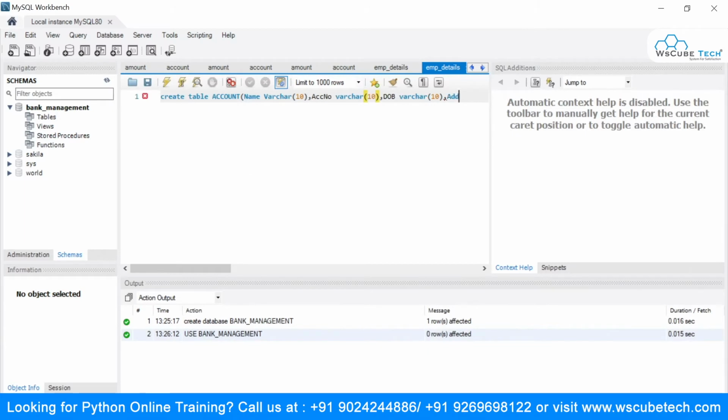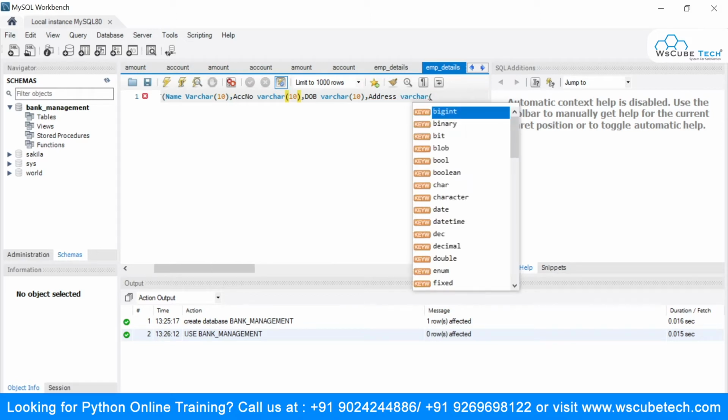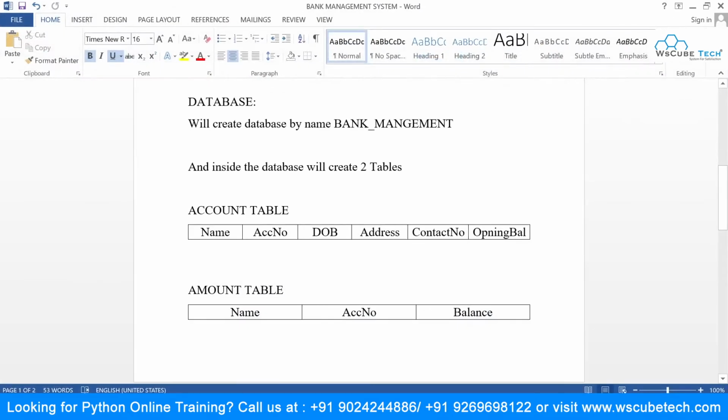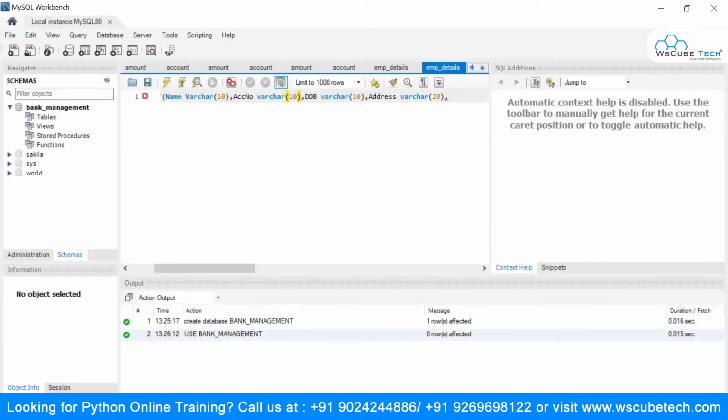I will say address, and it will be of varchar data type. Suppose I give it a size that won't be more than 20. Once done with the address, what more columns do we have? We have contact number, and I will just say this as int. All right, so that's it.